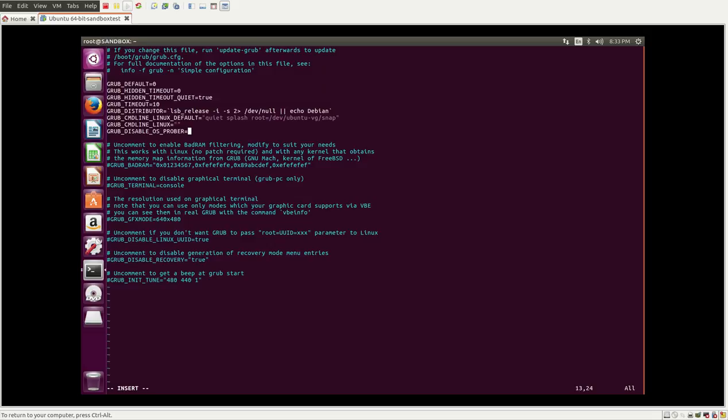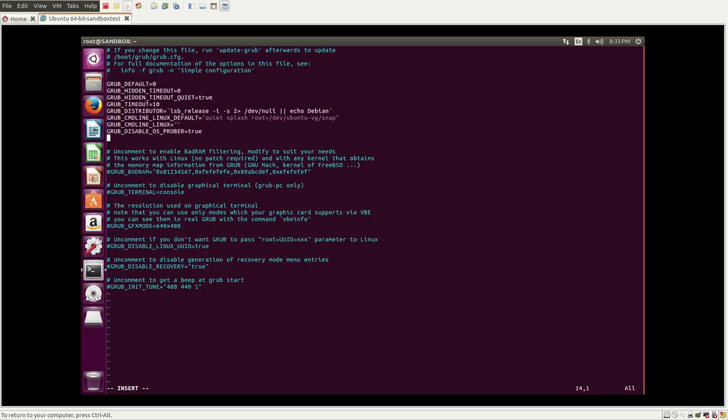It was continuing to come up, and I didn't necessarily want that. I wanted the system that we're installing or putting into place to be fairly invisible. I wanted it to look like a normal boot, and yet the Grub menu was coming up. One of the things that I found was to add this grub disable OS prober equals true, and I believe what that does is it prevents Grub from looking in the other partitions for any kind of operating system, because what was happening was I'd pass the root /dev/ubuntu-vg/snap, and it would have two options on the Grub menu, one for the snap and one for the root partition. So that stopped happening once I added grub disable OS prober